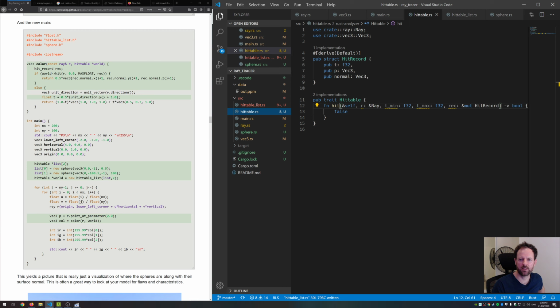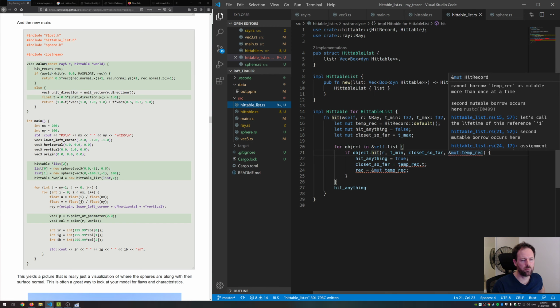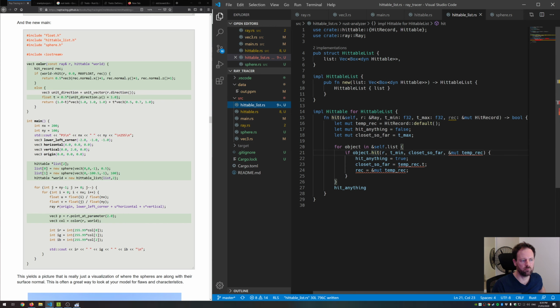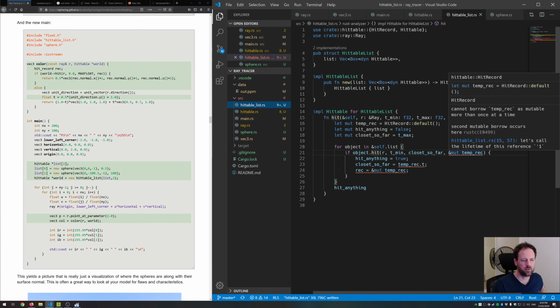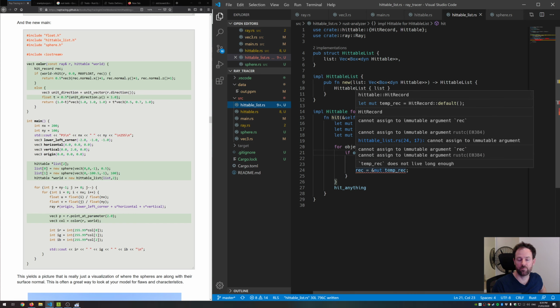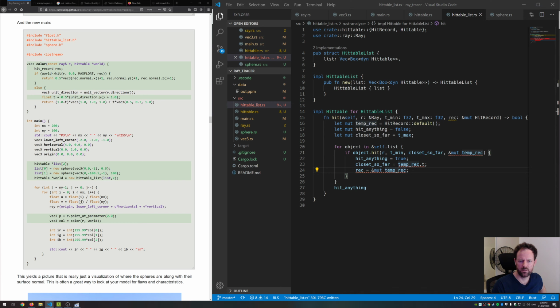So I built some getters and setters. The problem is we're borrowing this variable temp rec as mutable more than once, right? Within the scope, as we loop over it, Rust is complaining about that, and you can only borrow a variable mutably once in a scope, right? For a given lifetime. And so I was trying to remember what I did. I think the way I solved that was by just